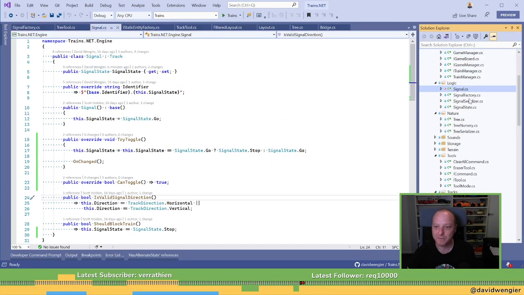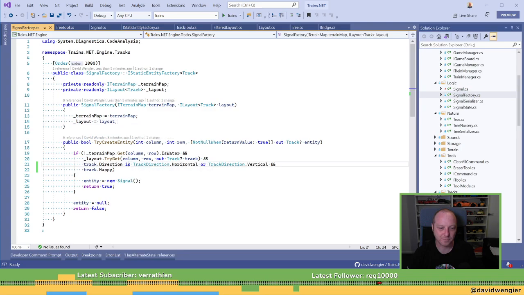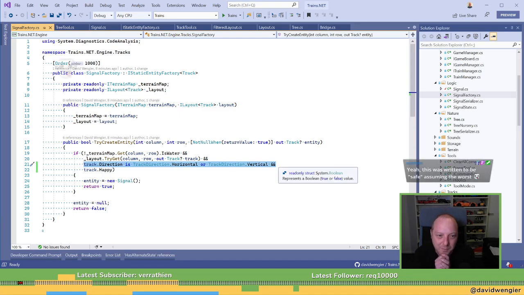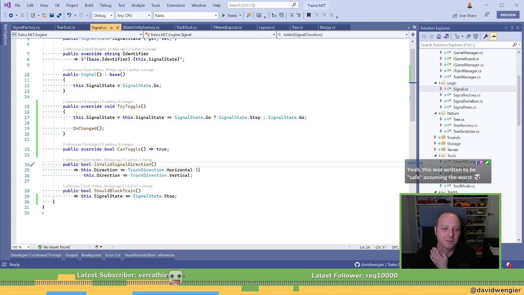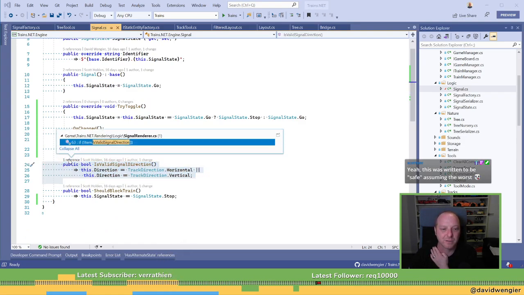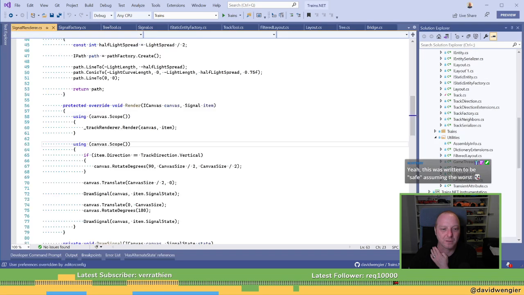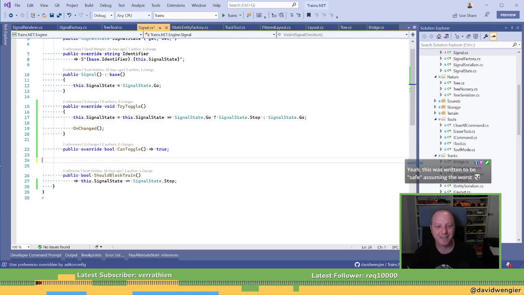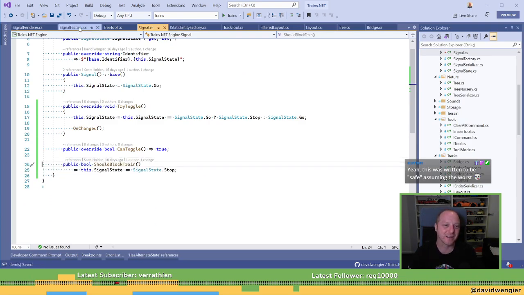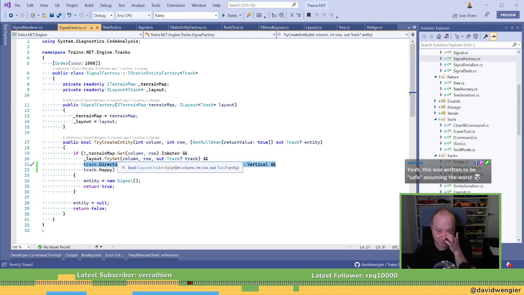And then in our factory, that could call it, but it can't. Just get rid of that. That shouldn't have any references anymore. Yeah, right. Yeah, I think I'll just get rid of that. I could make that a public static, but that's okay. It's a factory. The factory's allowed to know what the signal can do.